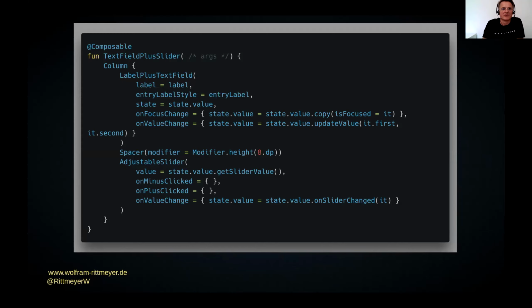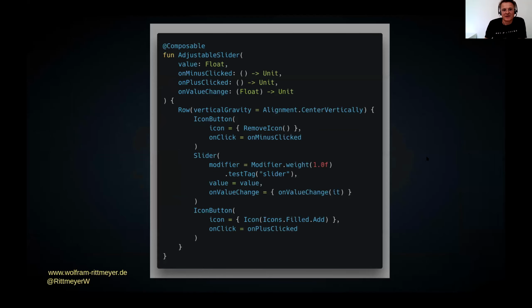And I put 3 components in there, a label plus text field, that's at the bottom. Yes, a text field in material normally has a label anyway, but in this case, it should be to the left. It makes sense on the overall screen, believe me. Then we have a spacer, and below we have an adjustable slider. So 2 of those, the label plus text field and adjustable slider, you can guess from the bad names, are made by me, and the spacer is made by the Google folk.